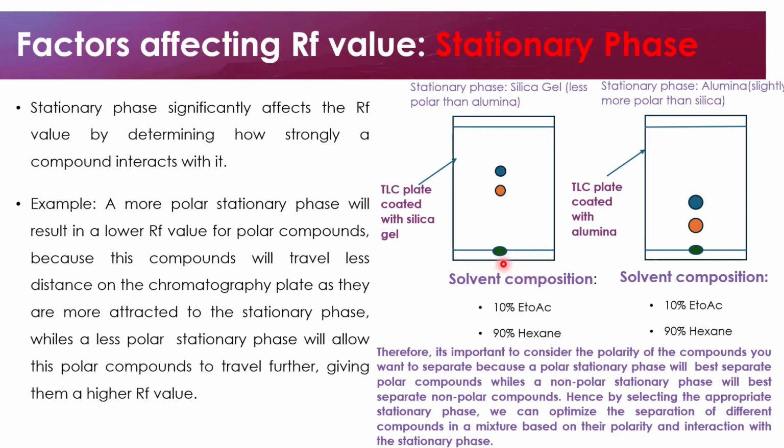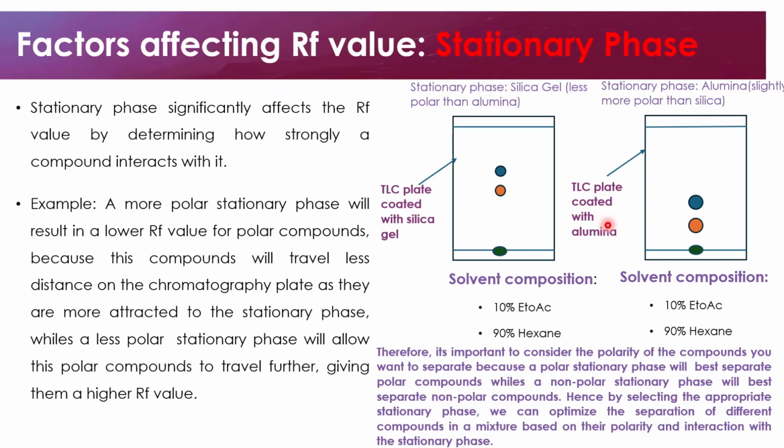The first chromatogram uses a TLC plate coated with silica gel, which is a less polar stationary phase than alumina. And the second chromatogram uses a TLC plate coated with alumina, which is more polar than silica gel